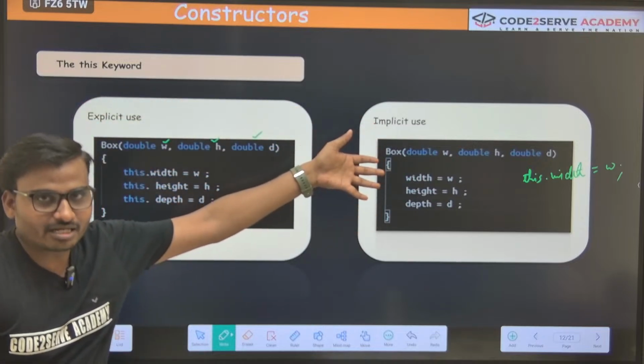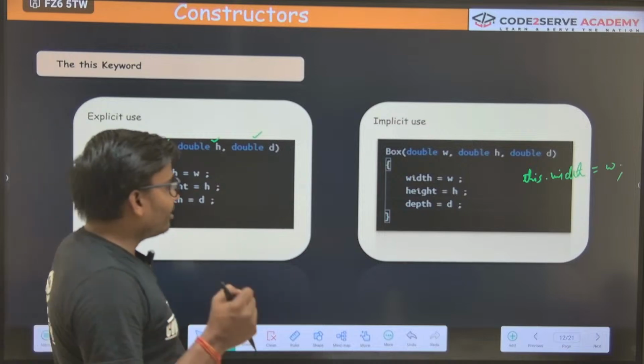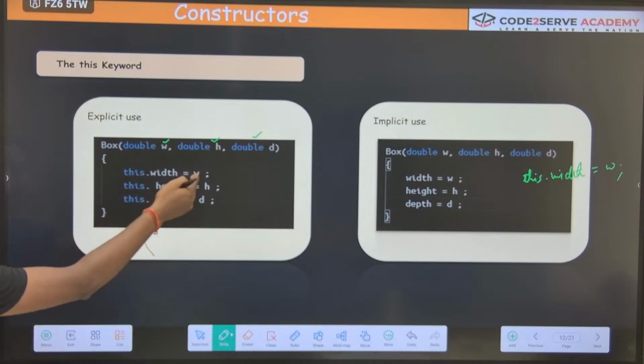Automatically it is being done by the compiler, and if we want to write this keyword ourselves, we can do it. Another important point is that you can think of a class data member being present with the same variable name. Suppose here